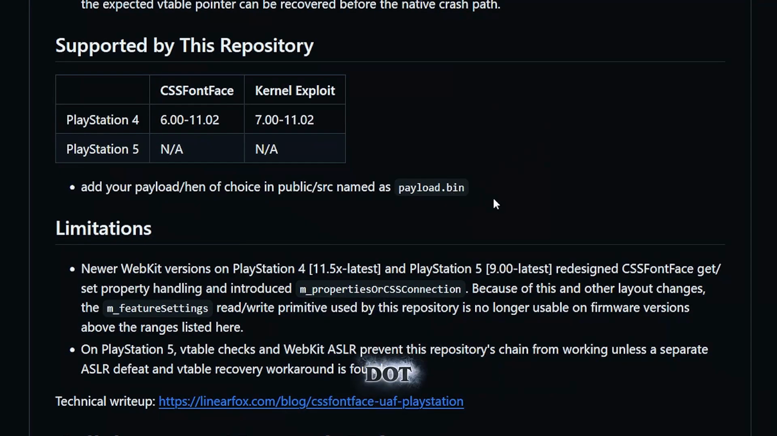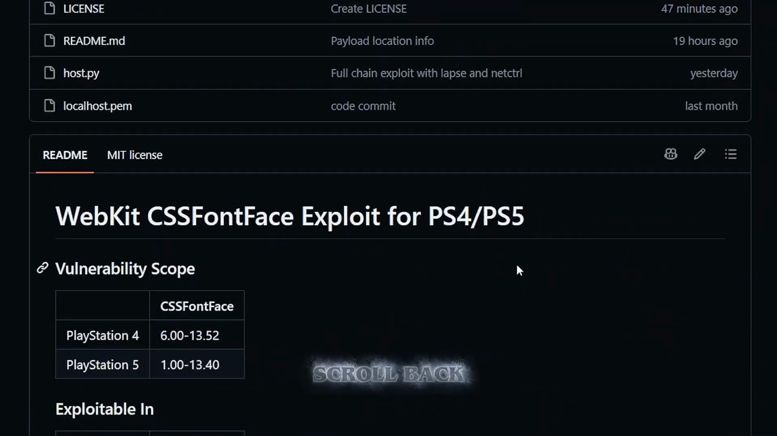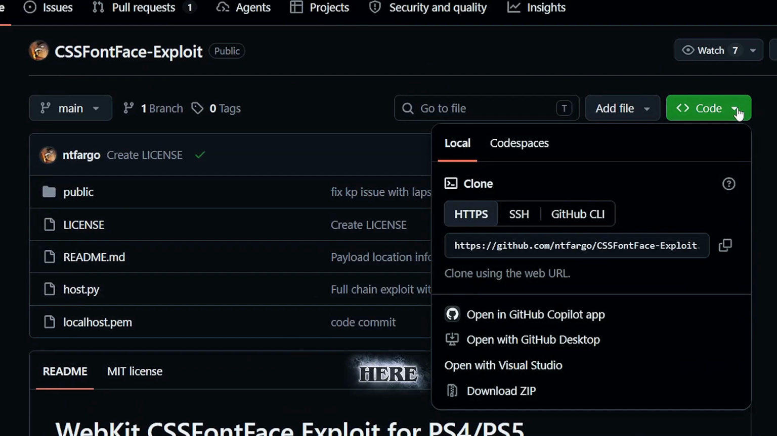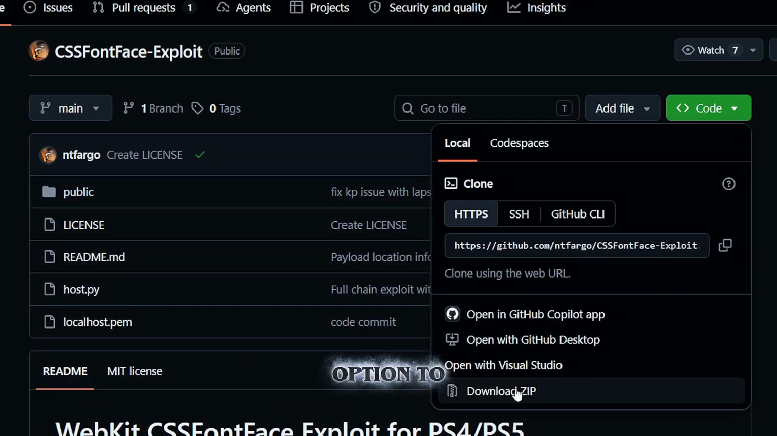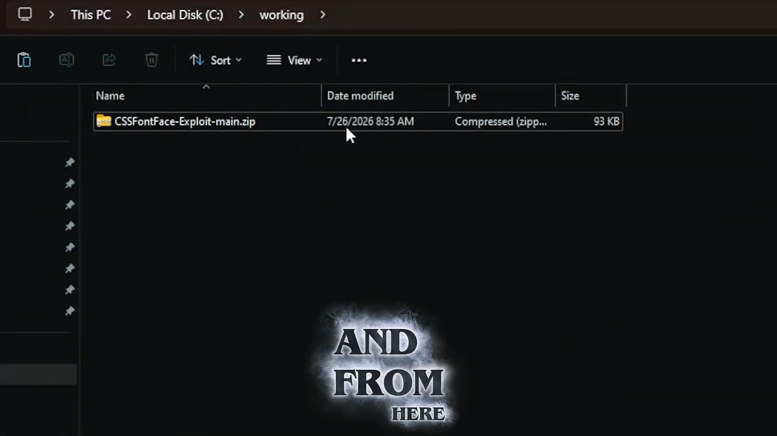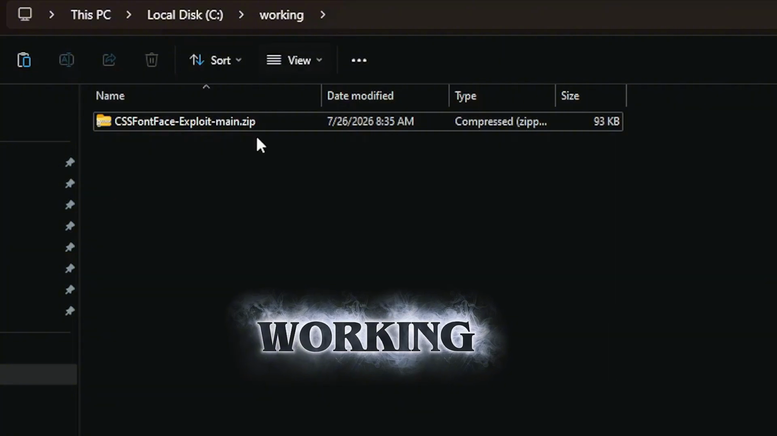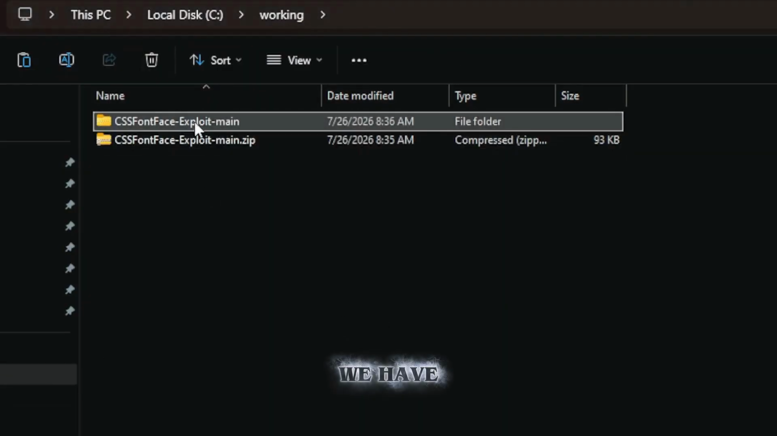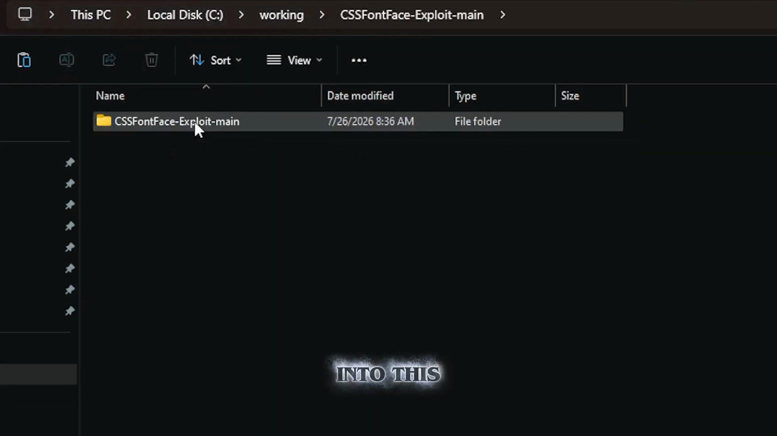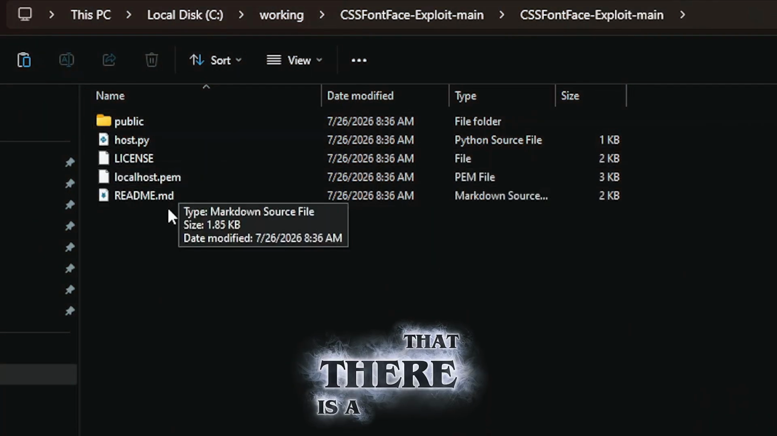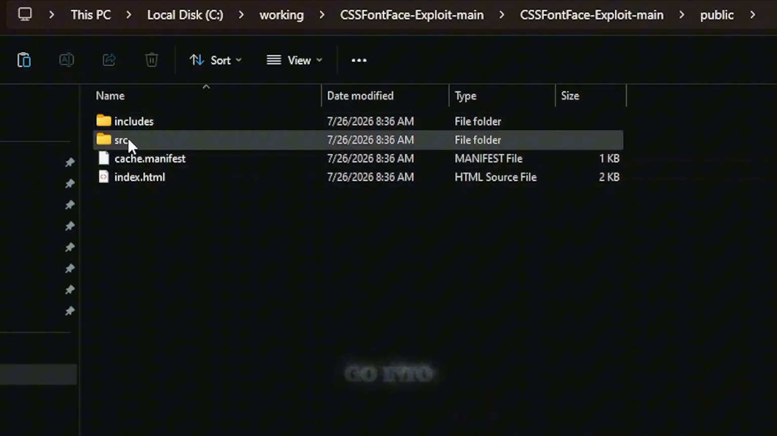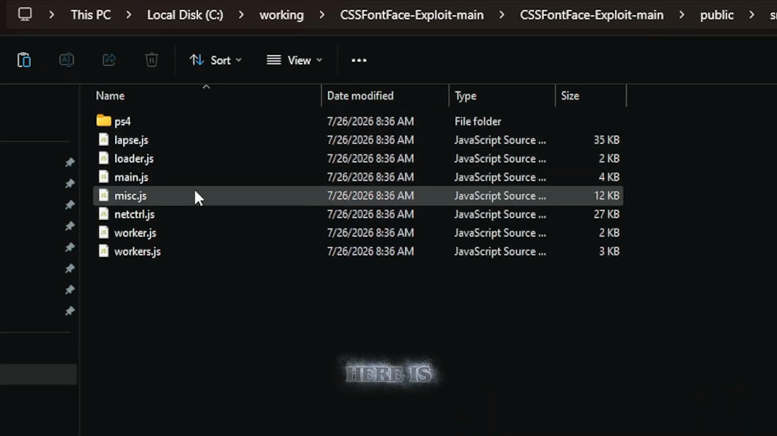Now it does state here to add your payload bin of choice in the public source as payload.bin. We're just going to scroll back up here to the top, go to the code option here, and take the option to download the zip file. And from here, I just have this over in my working directory. So I'm just going to take this and extract all, and now we have a folder. So if we go into this folder, we can see that there are a couple of different files in here. So if we go into public and then into source,